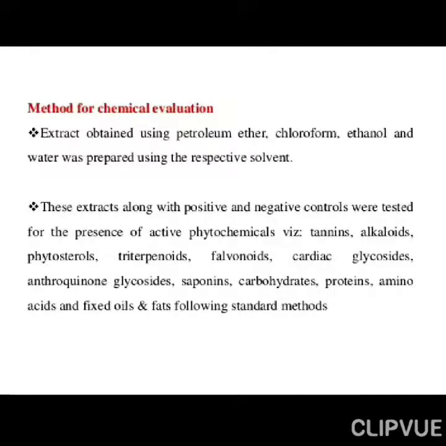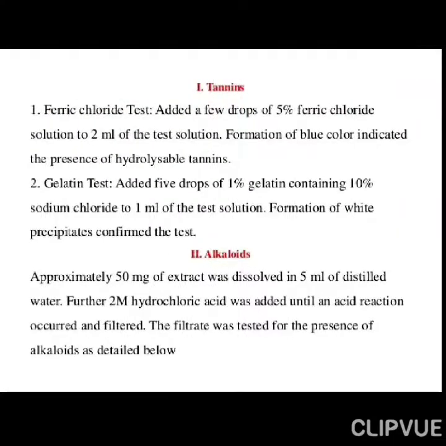So we are going to test whatever extract we have got from the plant, right. The plant material, when we get it, we do size reduction, making it into powder form or coarse form, then we subject it to extraction with different solvents, and with the different solvent extracts we perform the chemical tests for these many constituents like tannin, alkaloid, phytosterol, terpenoids, right.